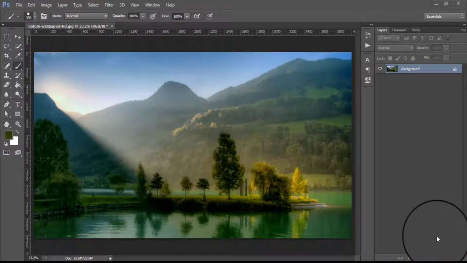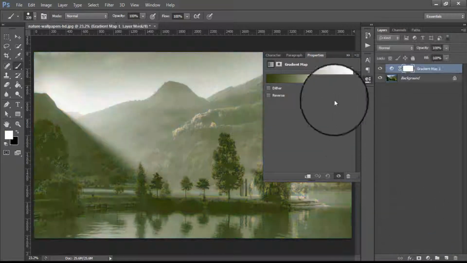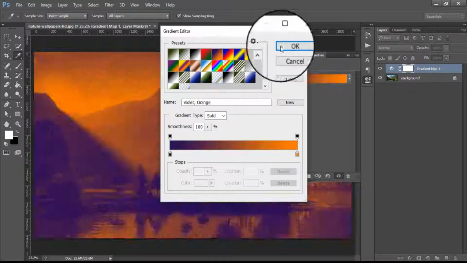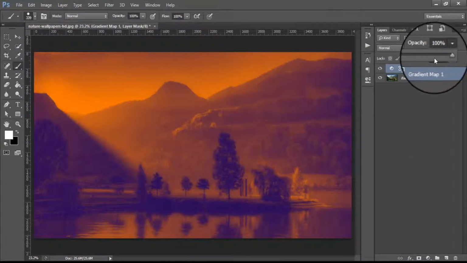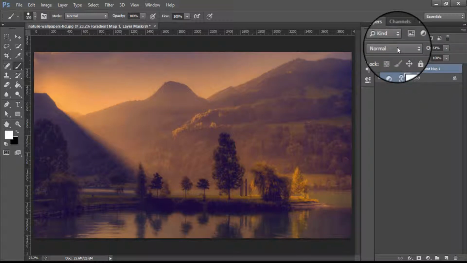So first of all, you need to open your image in Photoshop and take a gradient map adjustment layer and choose this gradient and click OK and collapse the properties, and then decrease the opacity and change the blend